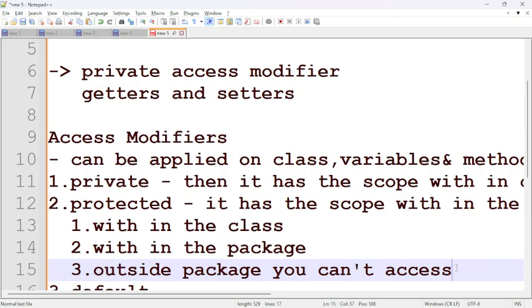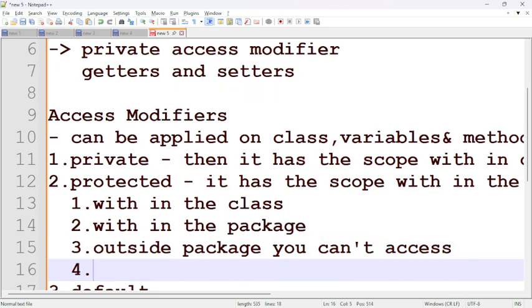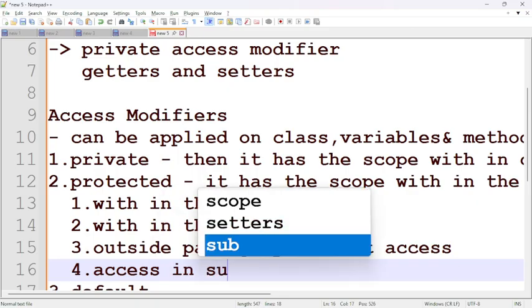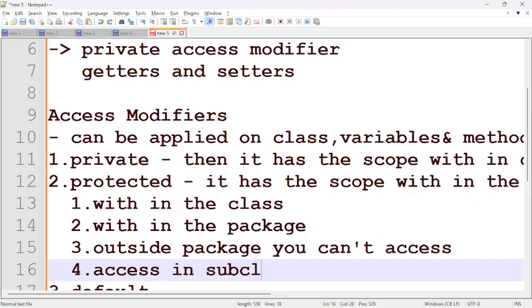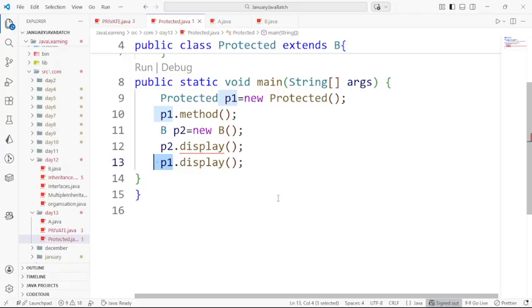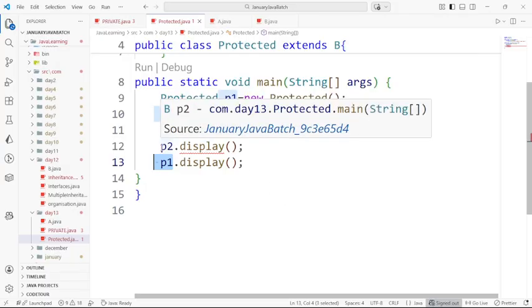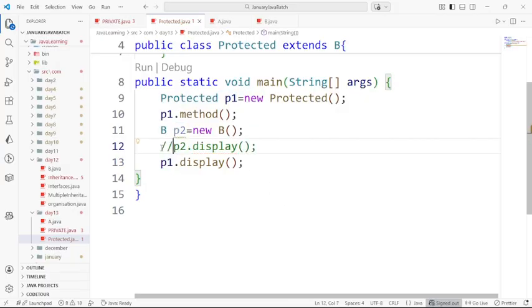In the fourth, access in subclasses or child classes. Okay, in the subclasses or child classes, outside the package you can't access. Access only in a subclass or in a child class. It is protected. Next, default. Default is nothing but you are not mentioning any access modifier to any variable or a method